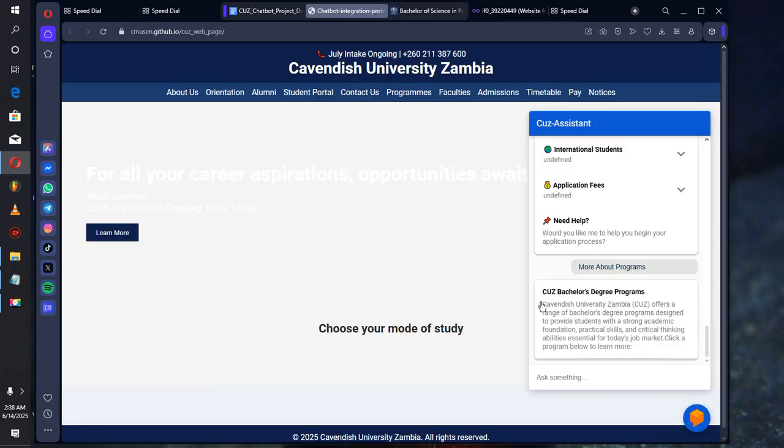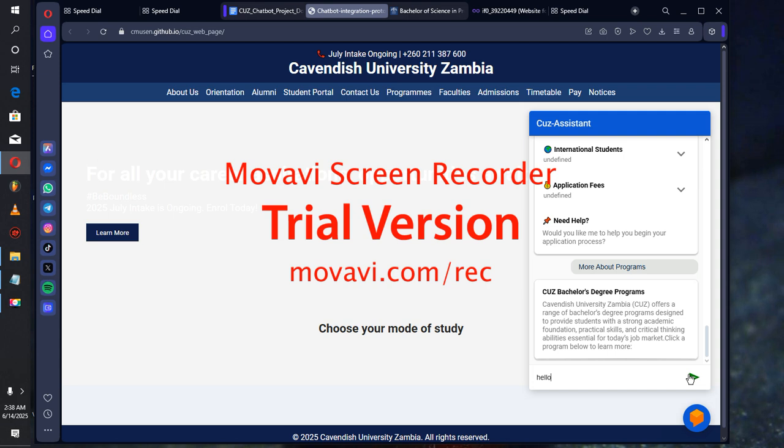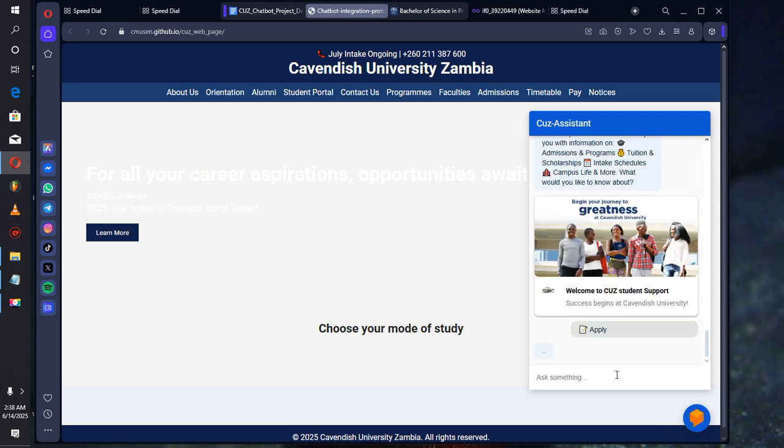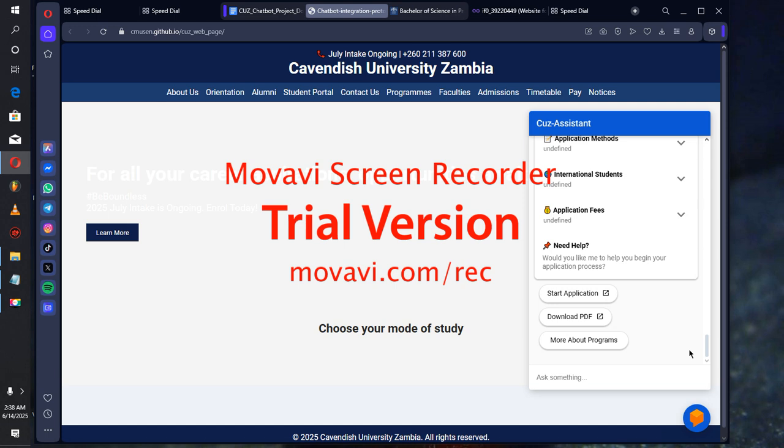Then the other option of applying is the one facilitated by the bot itself. If you press on apply, or ask how can I apply, how can I get admission at Cavendish University, the last option we included in this chatbot is: would you like me to help you begin your application process? When the user says yes,